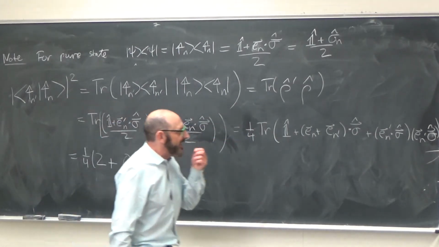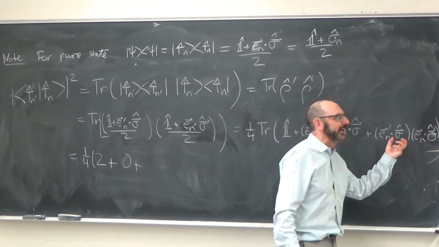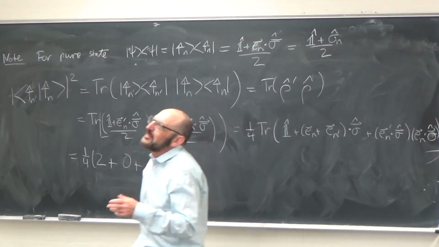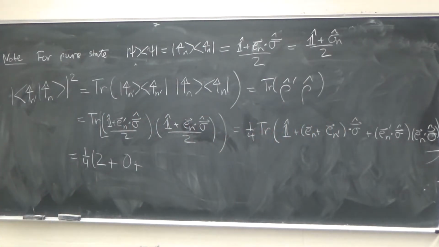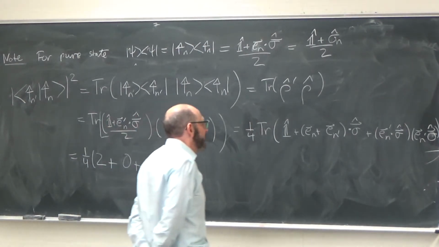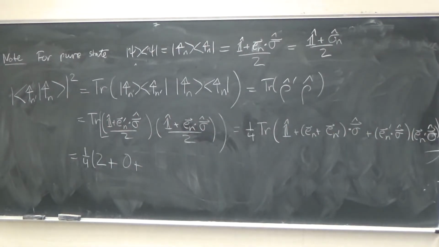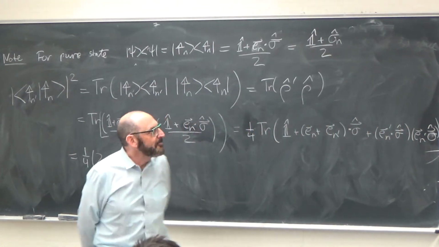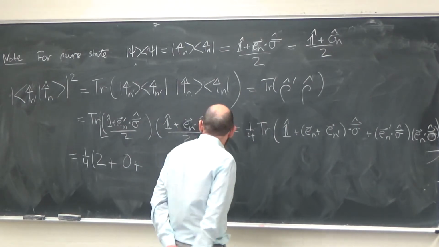What about this last one? Oh boy, now here we get tricky. Lots of ways to do it, but the best way to do it is to exercise your power of Einstein index notation and repeated indices. And to remember that,